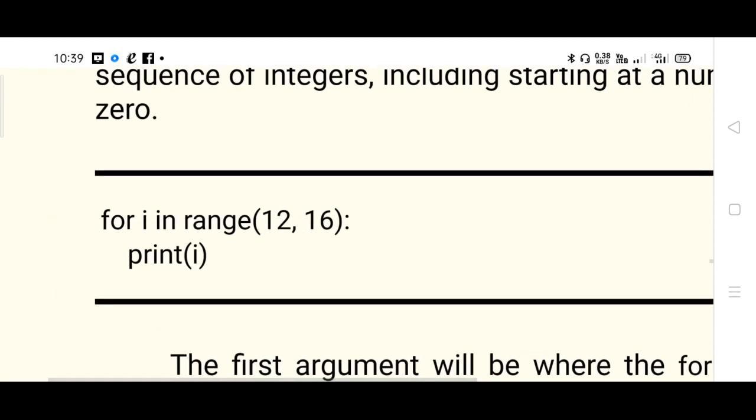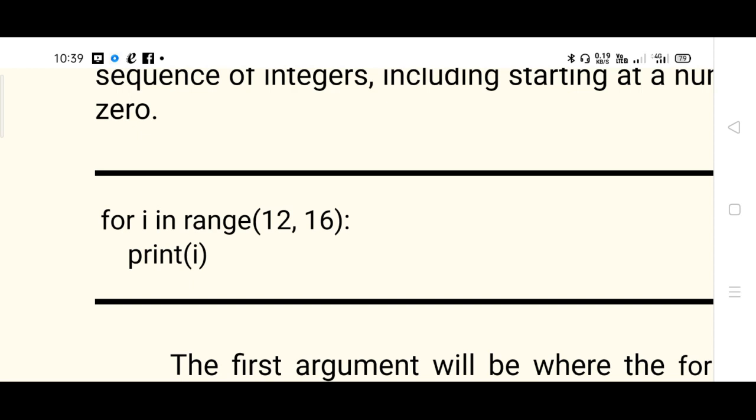This is the example for a for loop as well. So for I in range, this is the statement you are supposed to use. I is the variable for iteration in a range from the values 12 and 16, the first 2 arguments. Only 2 arguments are written inside range, so starting and stopping argument. If you use a third, it will be the stepping one. We'll see that example later.